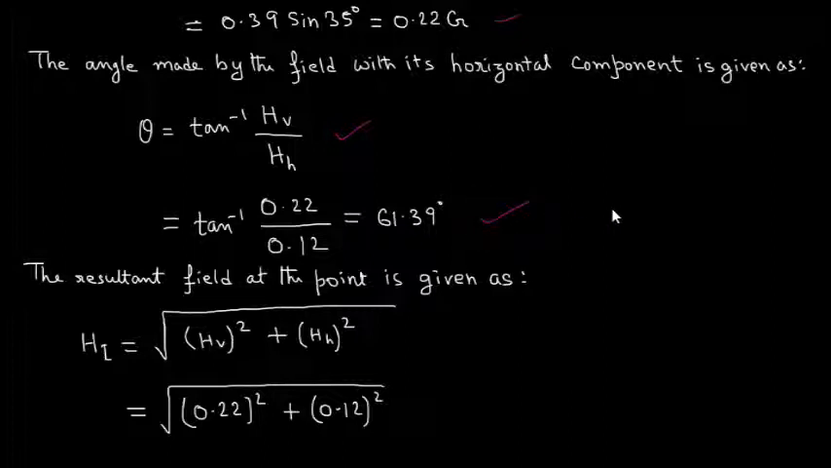61.39 degree. The resultant field at the point is given as H is equal to under root HV square plus HH square. Putting the value of HV and HH, we get under root 0.22 square plus 0.12 square. Upon solving, we get